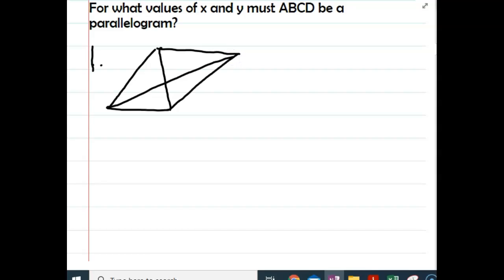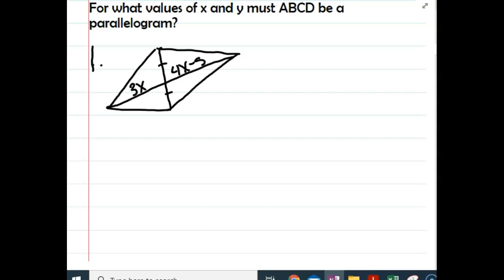Now, the information they're going to give me is they're going to say that this segment is congruent to this segment. They tell me that with the markings. And then they're going to tell me that this is 3x and this is 4x minus 5. Now remember, I don't know it's a parallelogram. I'm trying to say if this